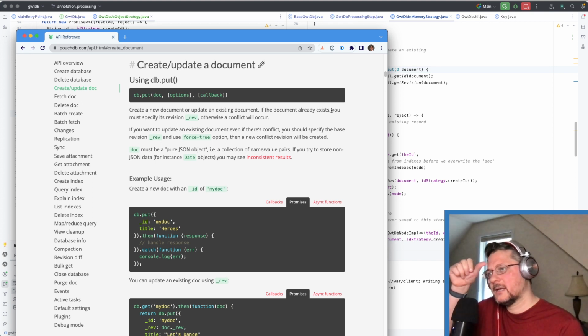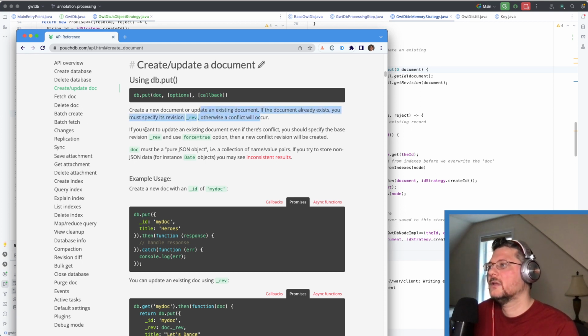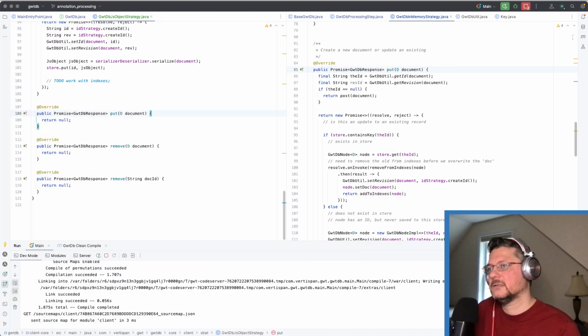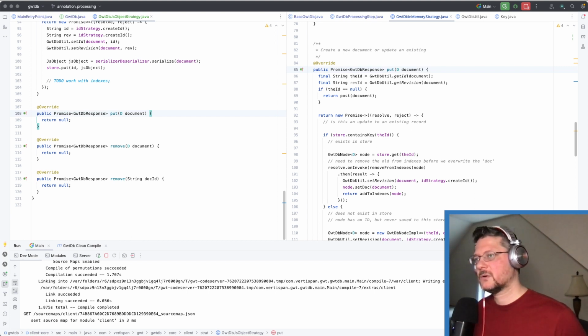If the document already exists, you must specify its revision, otherwise a conflict will occur. If you want to update an existing document, even if there's a conflict, you should specify the base revision and use the force equals true option. We'll eventually get to that point, but for the first part, we're just going to want